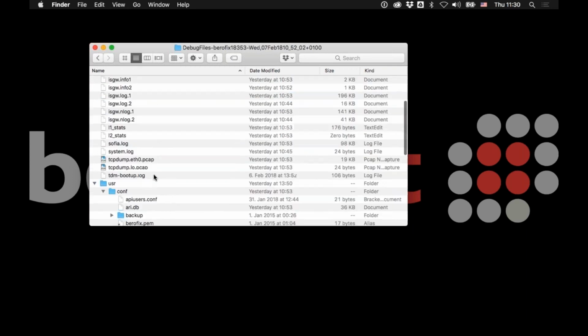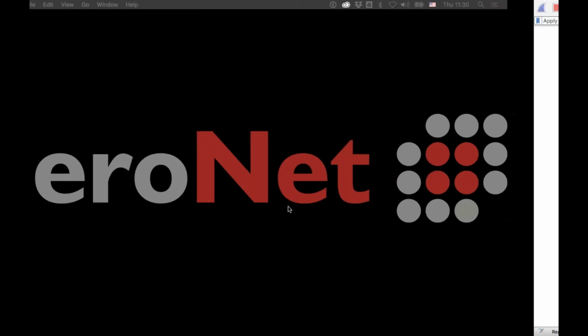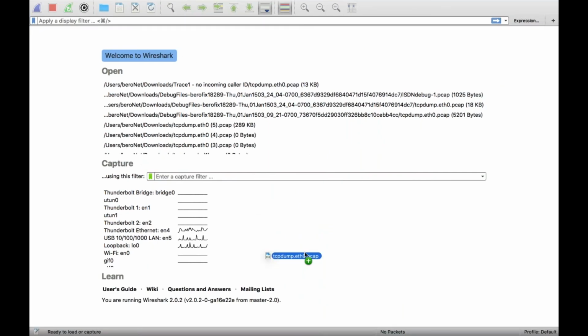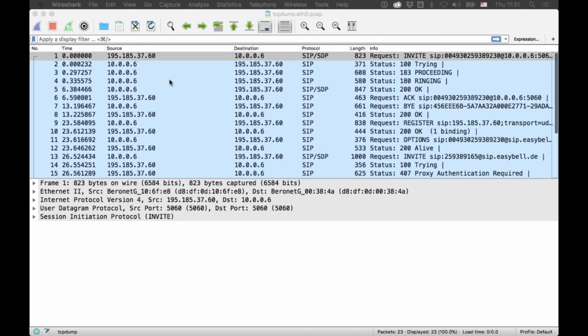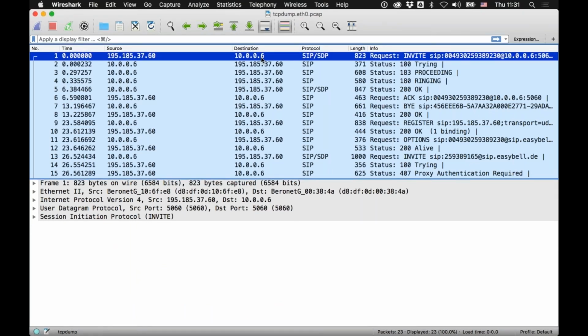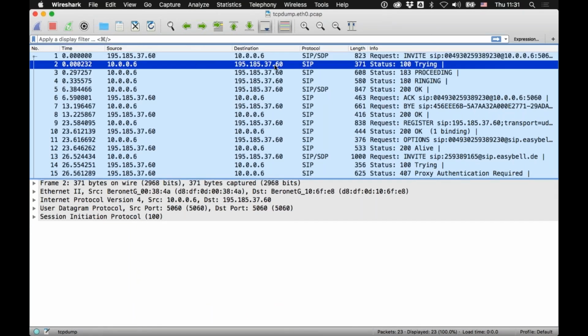Right. So we're going to read this one. So I'm going to go ahead and drag this down so I can work my two screens and simply drag it in. All right, that's what I wanted. Okay, so here we have the trace. You can see the source to my gateway, destination, all that fun stuff. Okay, so now what I want to do